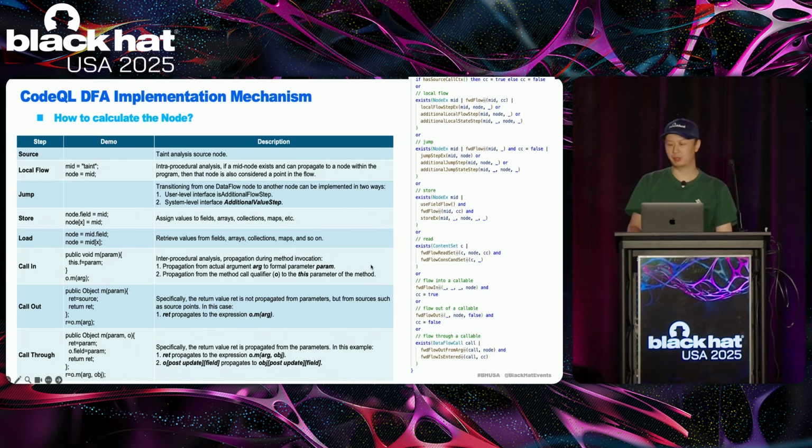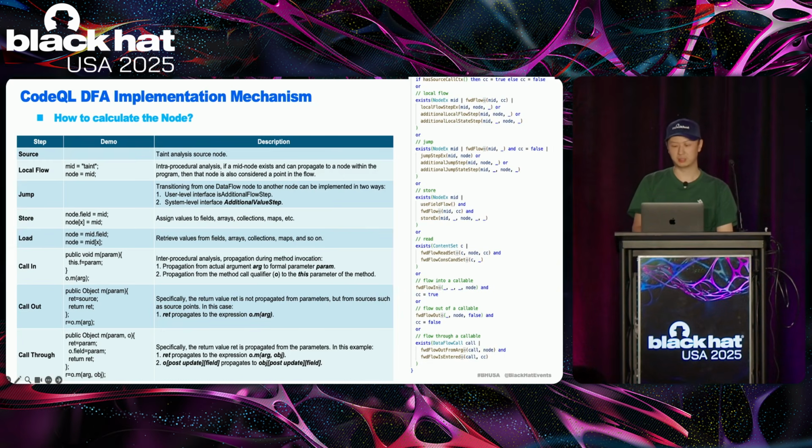We use forward flow to illustrate how node is calculated. On the right is the diagram of CodeQL source code, which consists of different steps, such as jump, store, and so on. Details are in the table. First is the source step, which sets the starting point for data flow. Next, the local flow step,